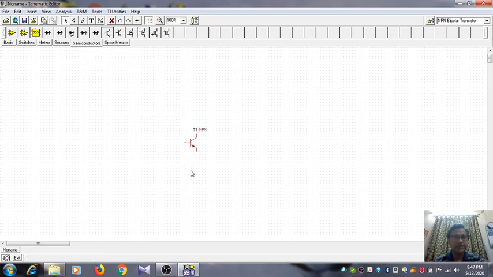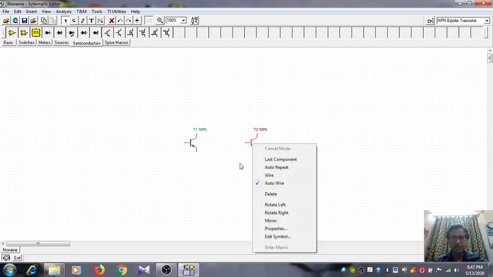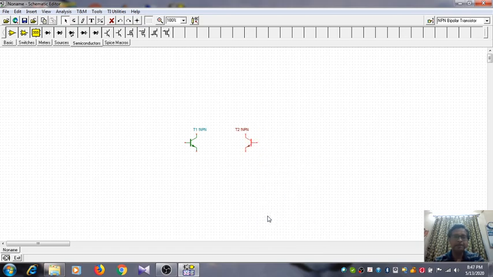Okay, so this is the first transistor and we'll require another. So we bring another transistor, and as we have seen in books, the two transistors face each other. Since it is a circuit simulation, we shall try to make the diagram as if it appears in the book. In order that the two transistors face each other, we have to apply these mirror properties. That's what we have done.